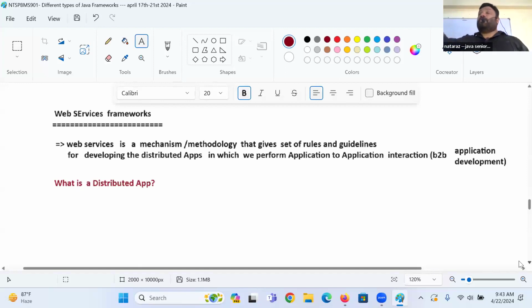The PhonePe server application is actually connected to the bank application and deducts the money whenever we do a UPI payment. You look at that application, guys, that is a distributed application. That application's services I can access from the Android mobile PhonePe application. Android mobile PhonePe is a client application to the PhonePe server application. iOS PhonePe is also a client application, a mobile application.